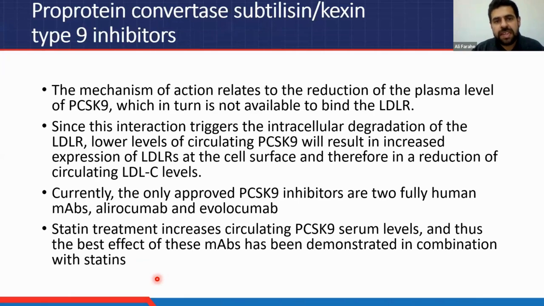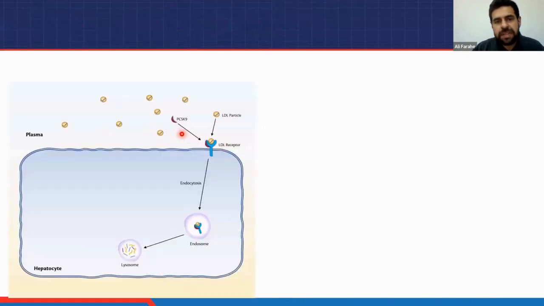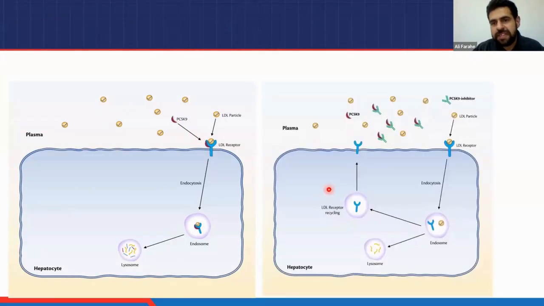So then we have the PCSK9 inhibitors. Obviously, because of cost issues, they are not available in Pakistan. So what they do is that PCSK9 combines with the LDL receptors, and these receptors are internalized and degraded. So when we have the PCSK9 inhibitor,